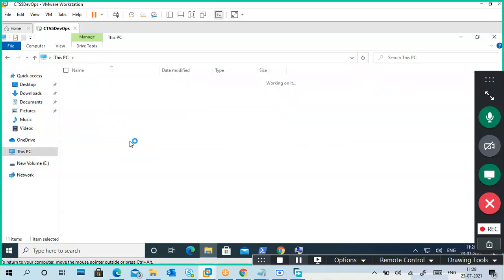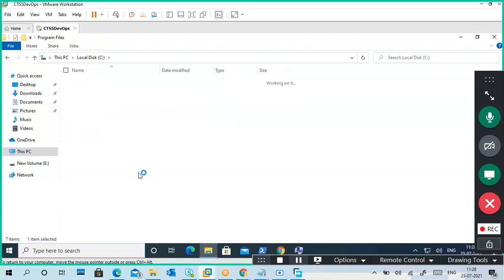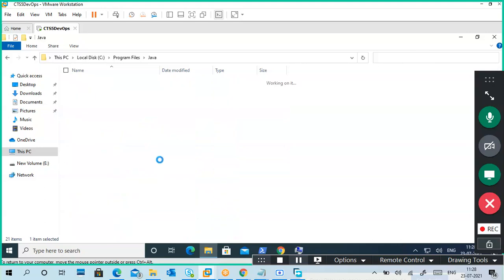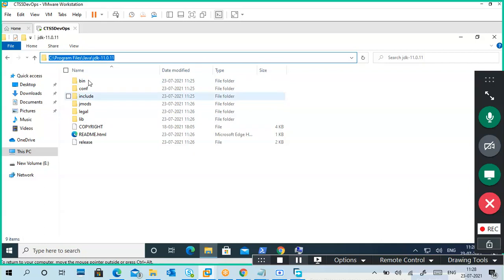Look at how to create paths directly in the GUI. Some people use the set command. This is the Java home directory, and in the path you have to include the bin.